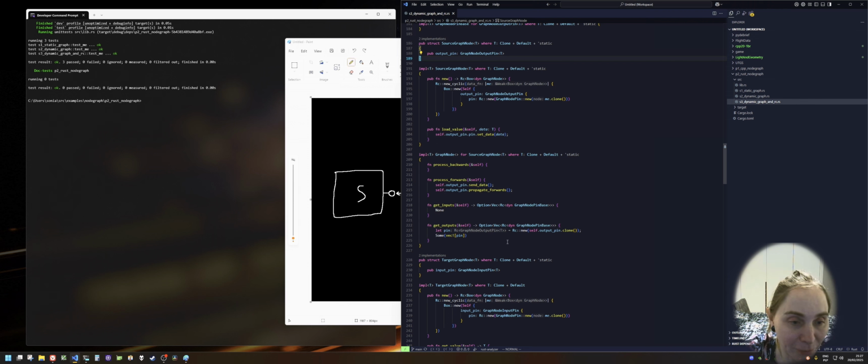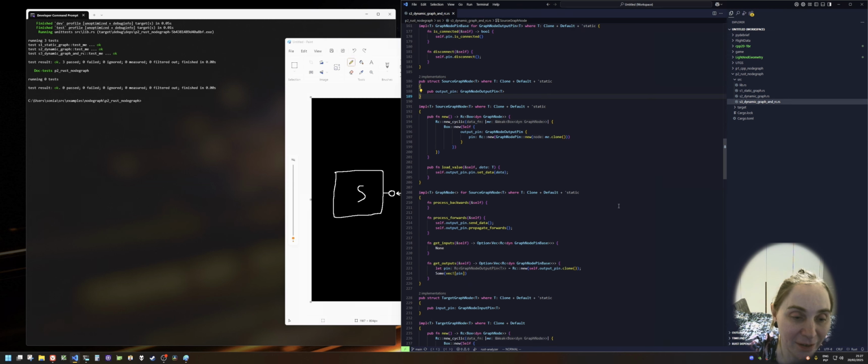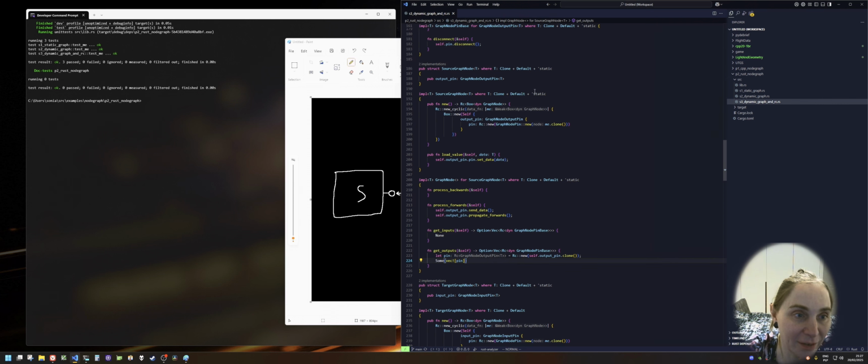So you can see what we're doing here. I'm putting this output pin into a brand new RC. So what I'm doing is, when you ask me to give you the outputs, then I'm cloning those output pins into a new RC. So this way I'm having an RC of graph output pin, which contains RC of graph node pin. So this is kind of convoluted, but at least I don't have to store RC in here,